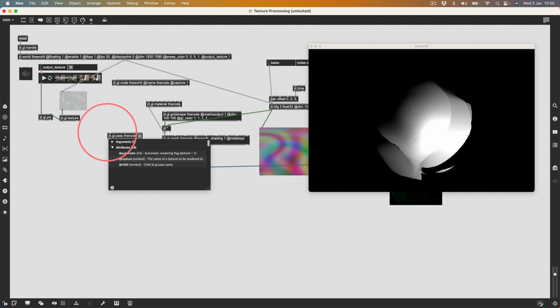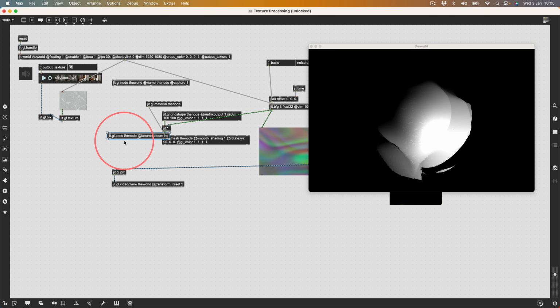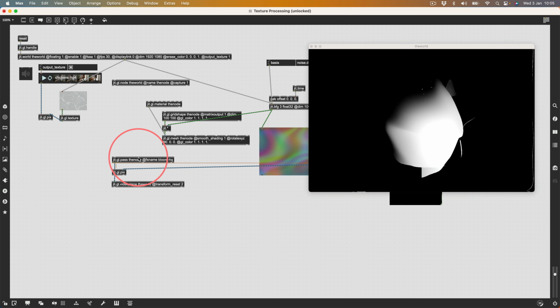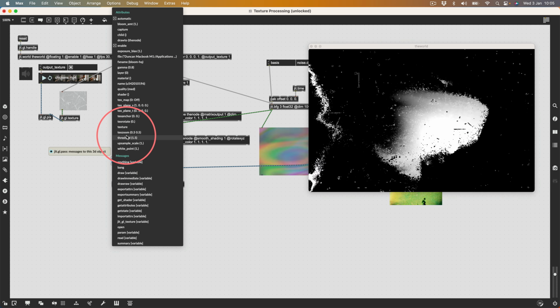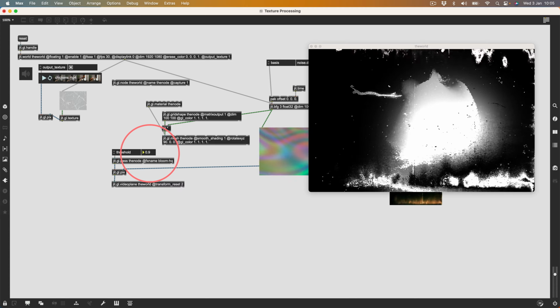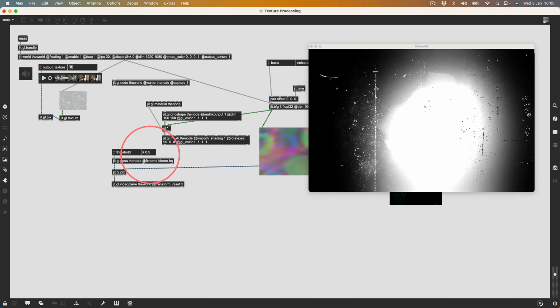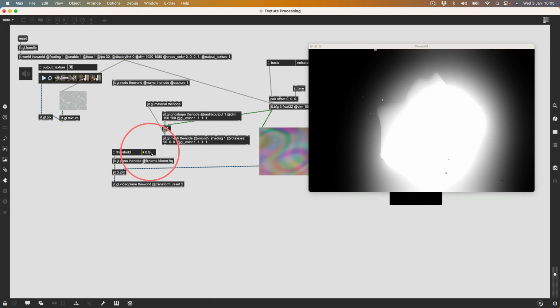Let's see if this works. At effects name, bloom-hq. And connect that texture output to the pics. Right, that's worked. So does that mean that the threshold, let's pull the threshold down. Yes, right. So now I'm applying some bloom